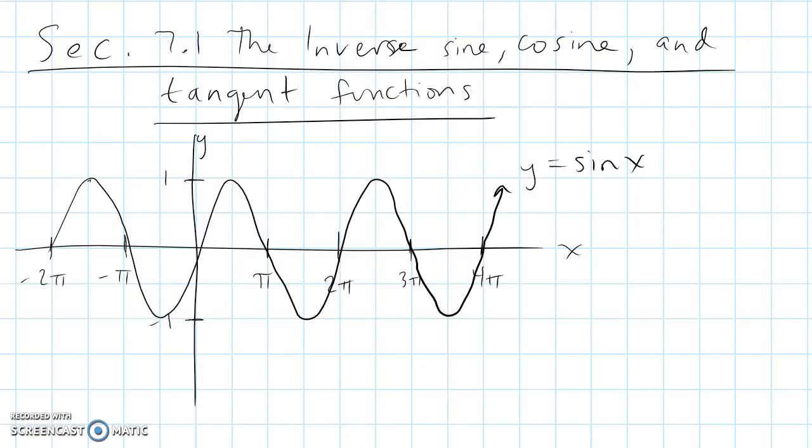Well, trig functions are so important to science and math that we need them to have inverses. We need to be able to find angles that give us certain measurements. So we can impose restrictions on the trig functions that make them 1-to-1. We change the domain and we can make it 1-to-1. All right, so if we restrict the sine's domain